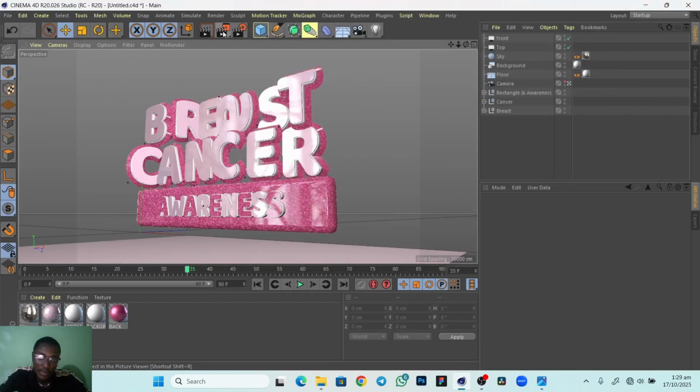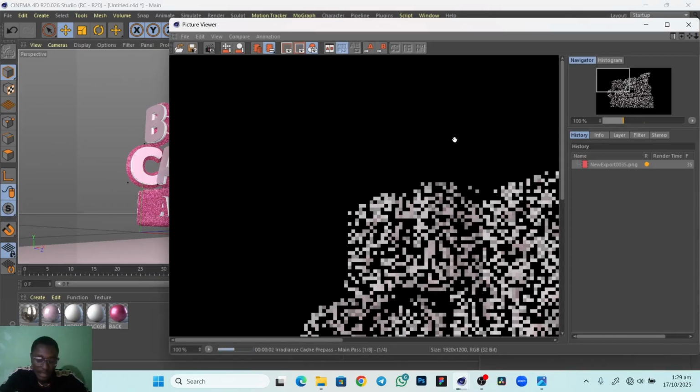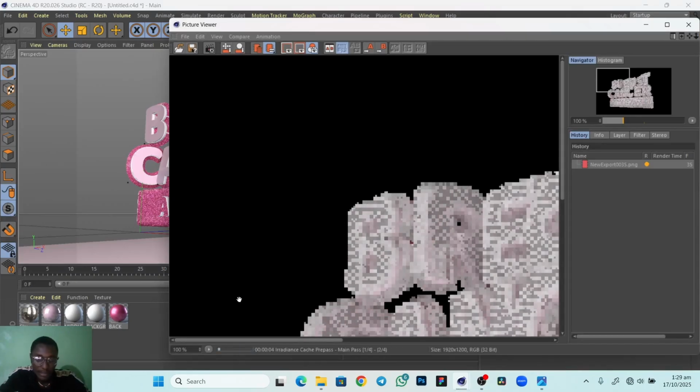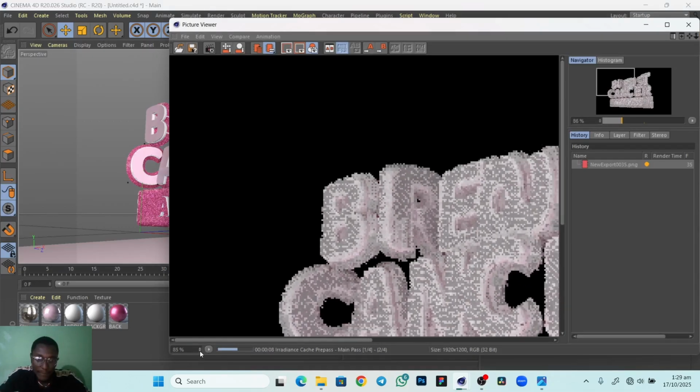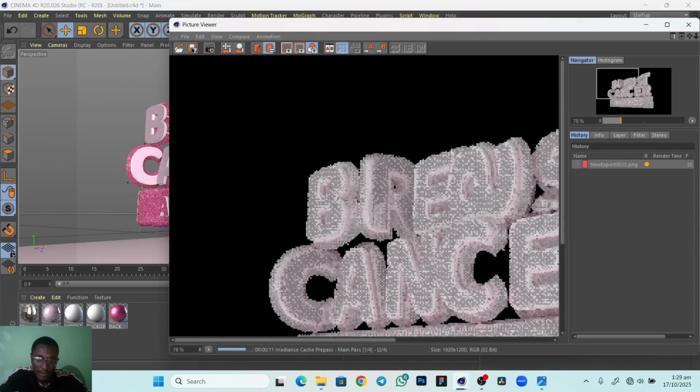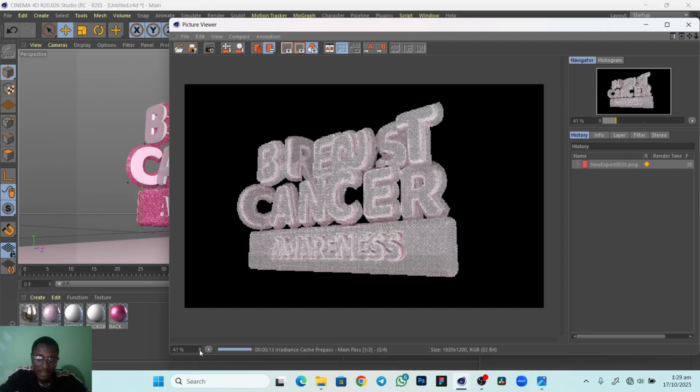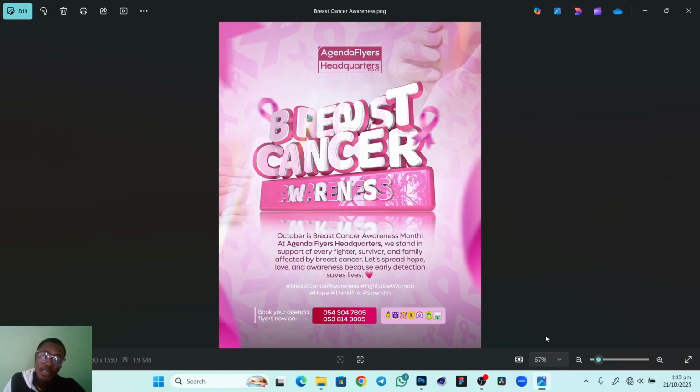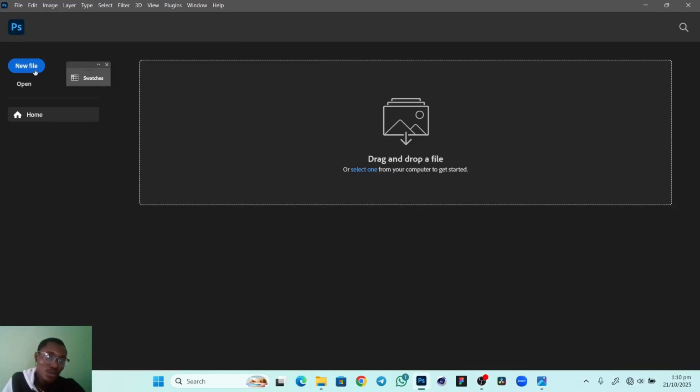So you hit on the middle one, that's to start rendering, and you can see when I zoom out here, you can see it has started rendering. This will take me like 12 minutes or 30 minutes to finish the render. Okay, all right, so when we are done rendering in our Cinema 4D, we move straight into our Photoshop and